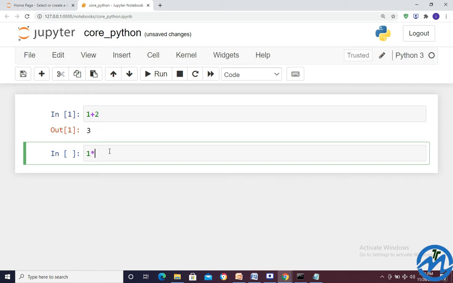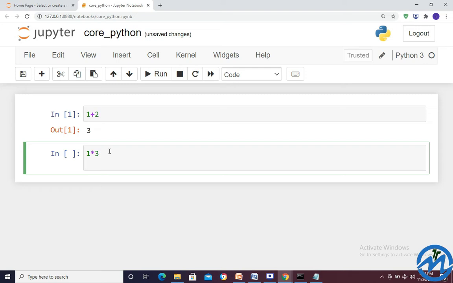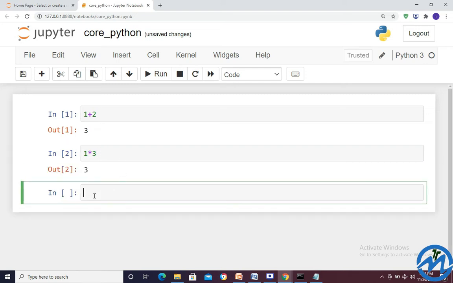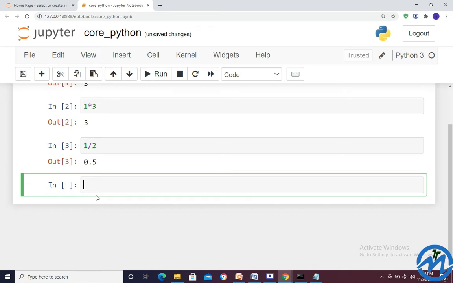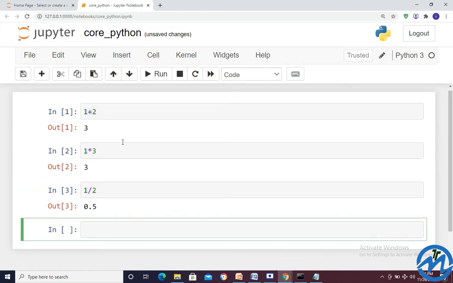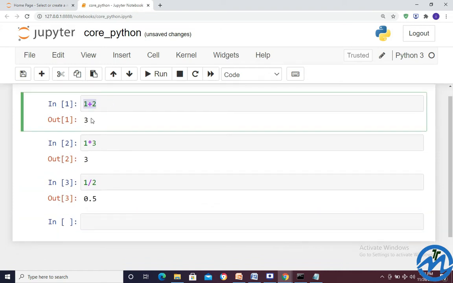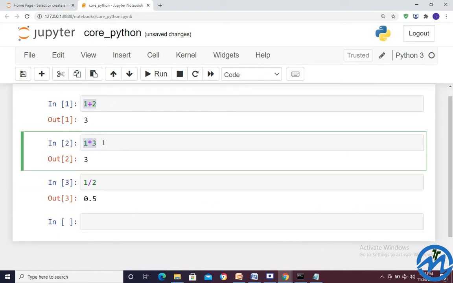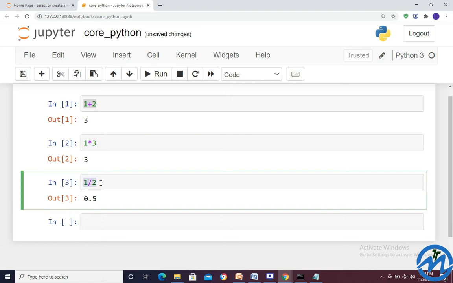1 into 3, and here 1 by 2. Anyway, you have an idea that 1 plus 2 is equal to 3, we got; 1 into 3 is equal to 3; 1 by 2 is equal to 0.5.